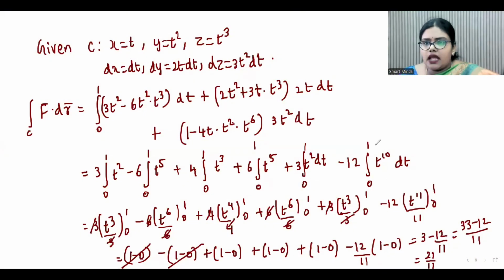So here, this last part I need to check. This is cube. So this will be 11, and if this is 11, this is 12. So if this is 12, this will get cancelled. And now plus 1 and minus 1 get cancelled. And finally, you'll get the answer as 2.